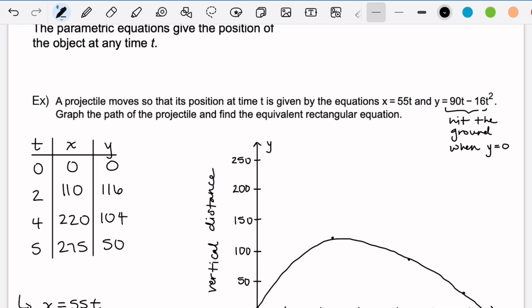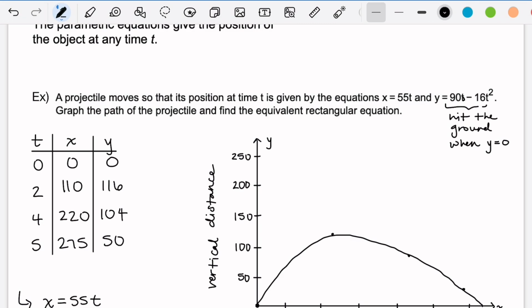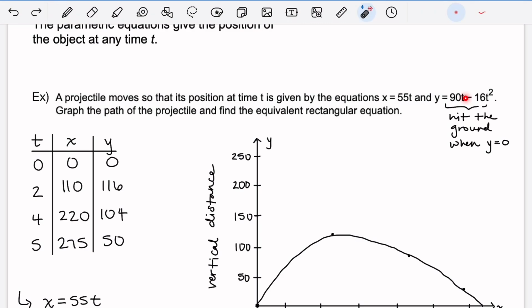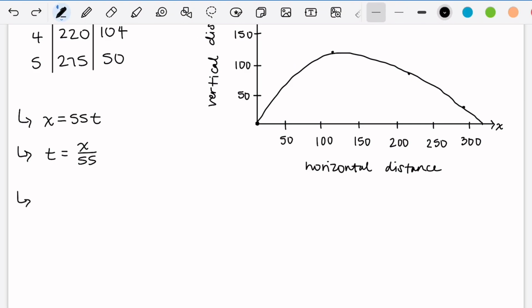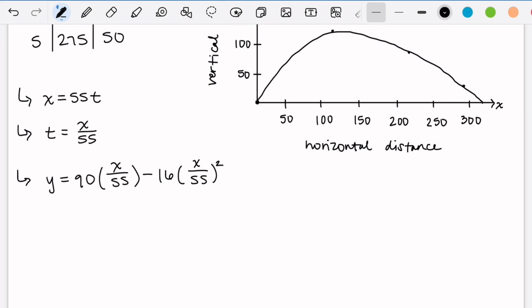Now what we'll do here is plug in that value for t into our equation for y. So we'll get y is equal to 90 times x over 55 minus 16 times x over 55 squared. Now, while this is a correct answer, we can simplify this a little further, and be careful with that on the homework as well. So this is the same as